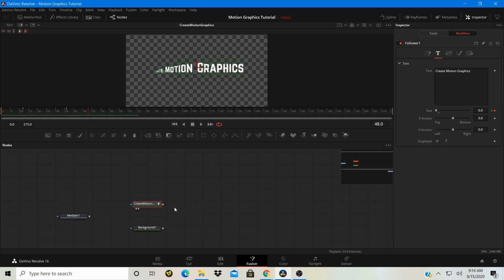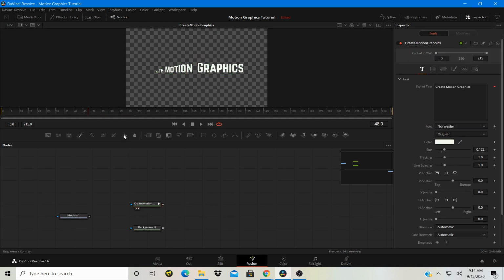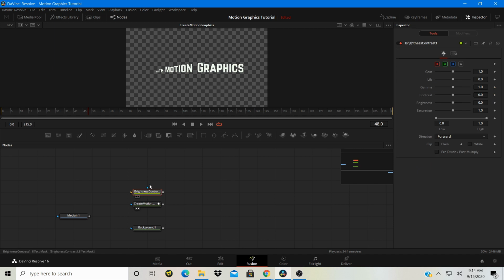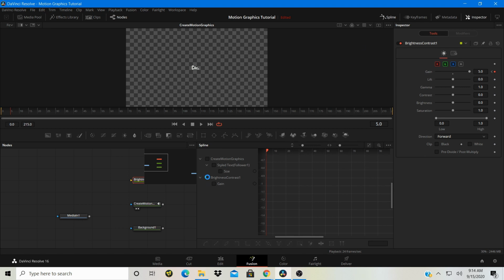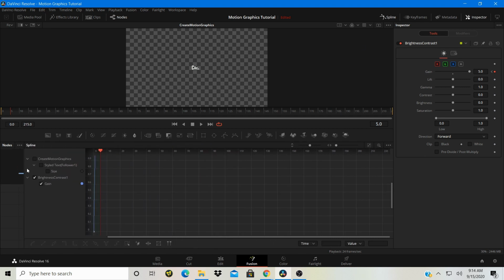So what is easing? Let me explain it using a brightness contrast node. So let's just focus on our brightness contrast node right now. It doesn't even matter what's in the viewer. So if I go to frame 0, bring the value to 0 and create a keyframe. Then I go to frame 5 and create a keyframe and make the value 5. If we open the Spline Editor and view the spline of our brightness contrast, just to make this a bit larger,